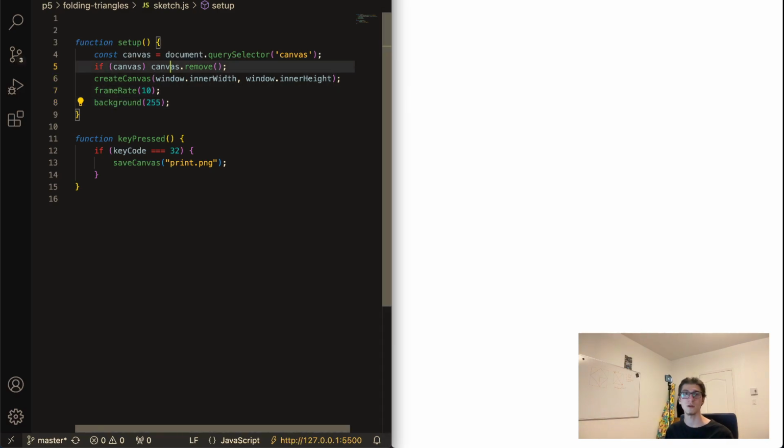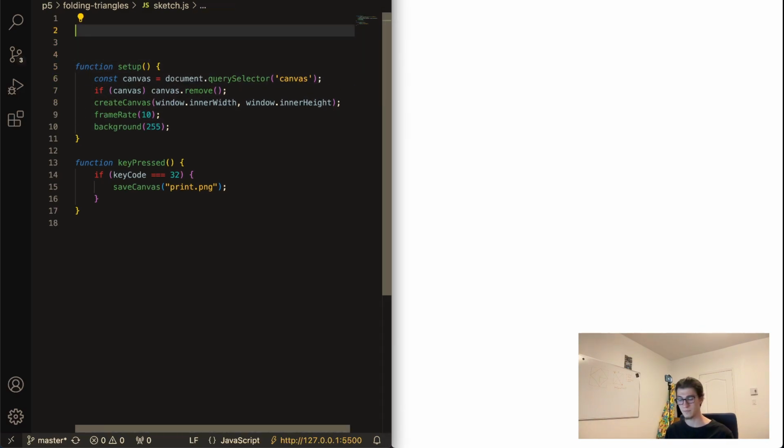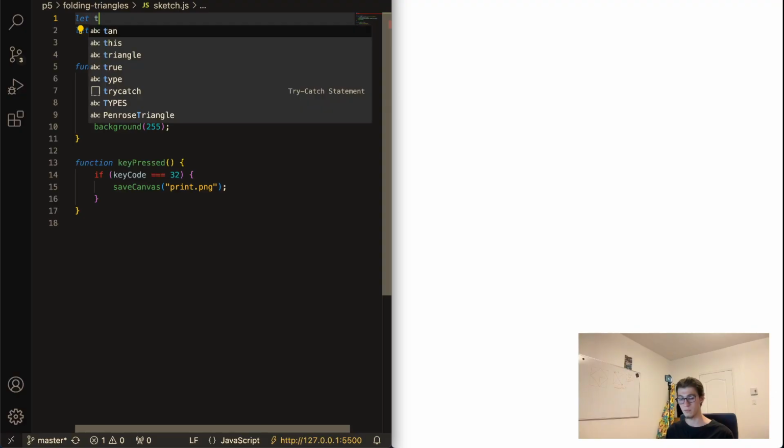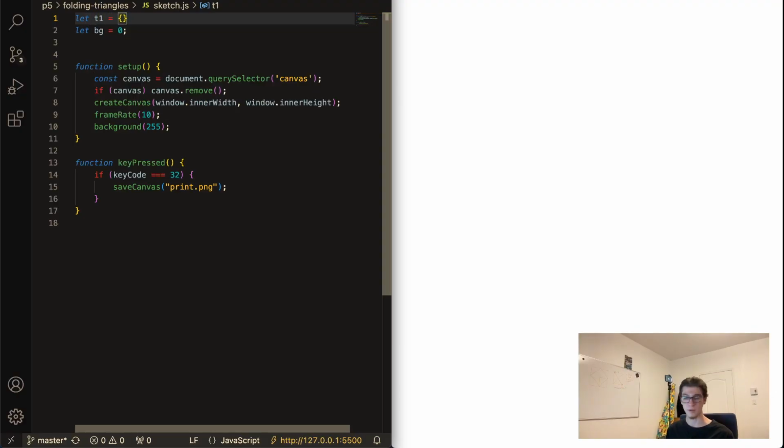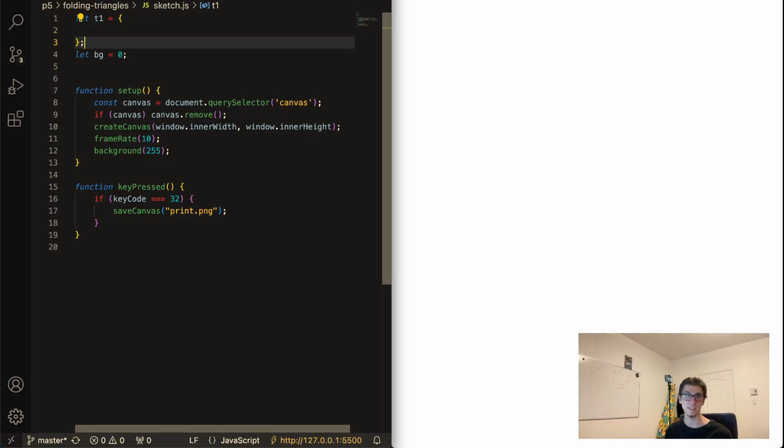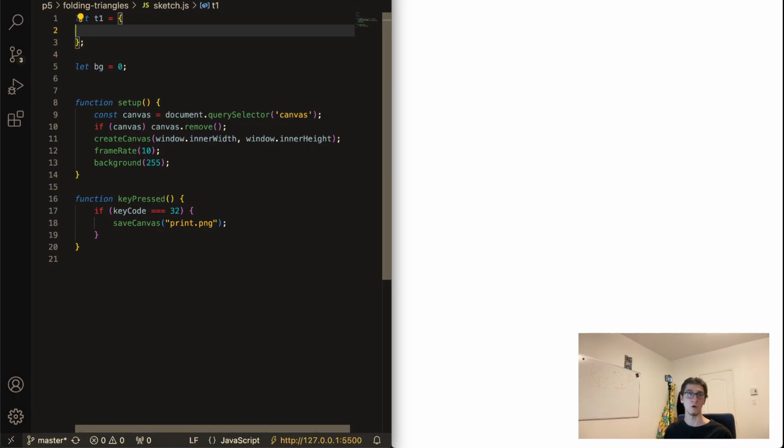So let's start with setting a variable for the background color. So let bg, and to start with, let's say it's black. Let t1. I'm really going bare bones, like really simple today. No class, no nothing, just basic object. Well, I guess they are kind of classes, but it doesn't matter. It's going to be pretty simple. So t1, we said color black,